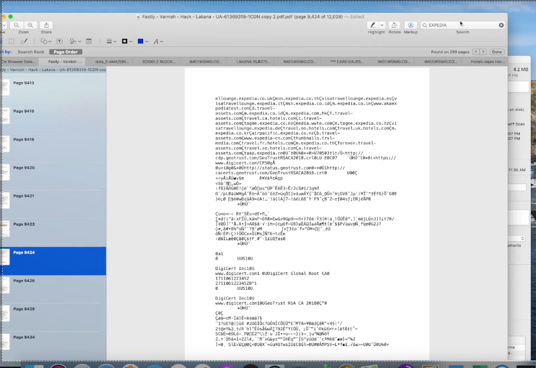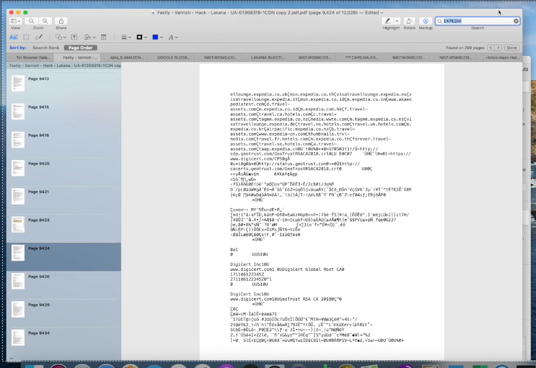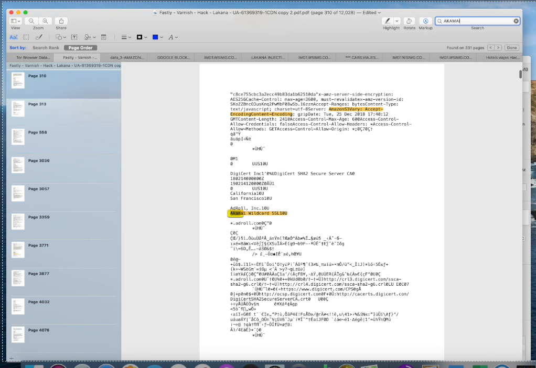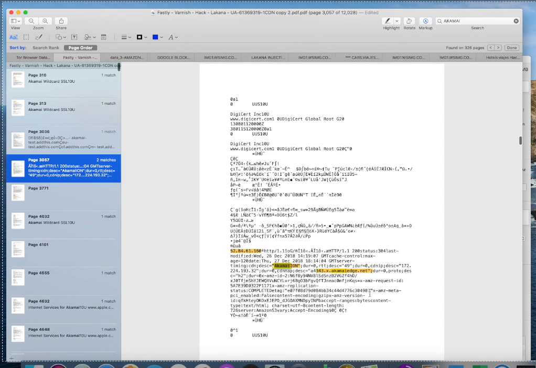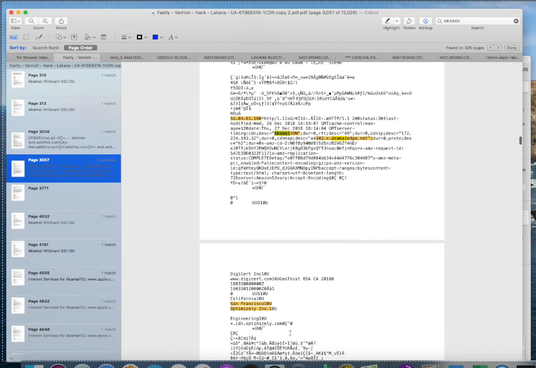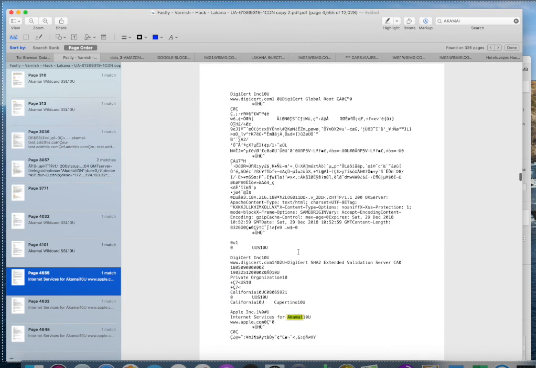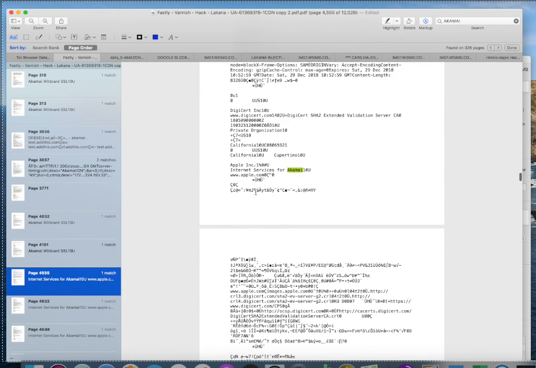And I want to make sure that Akamai gets their credit due here, because they're in here too. And they're injecting content as well.